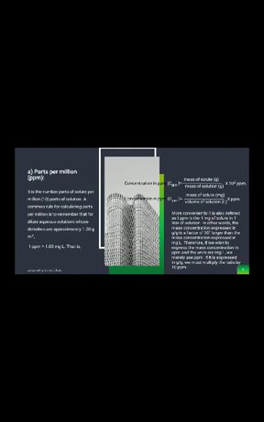Parts per million is the number of parts of solute per million parts of solution. A common rule for calculating parts per million is to remember that for dilute aqueous solutions whose densities are approximately 1 gram per mL, 1 ppm is equal to 1 milligram per mL. That means C in ppm equals mass of the solute in gram divided by mass of solution in gram, times 10 raised to 6. C in ppm also equals mass of the solute in milligram divided by volume of the solution in milliliter.